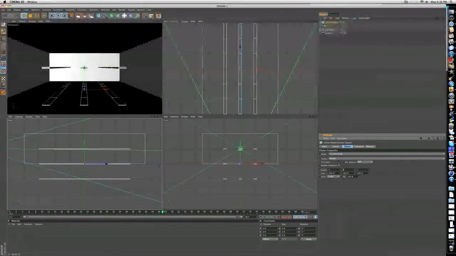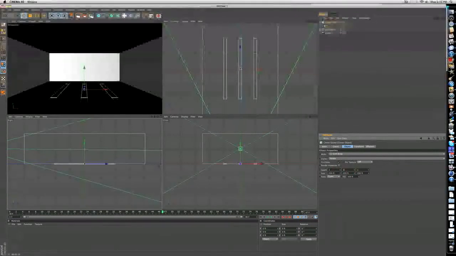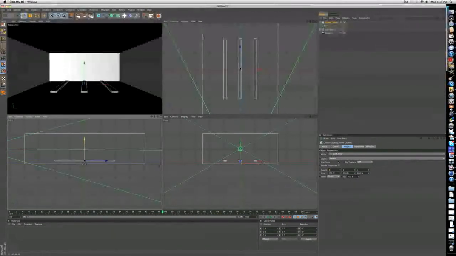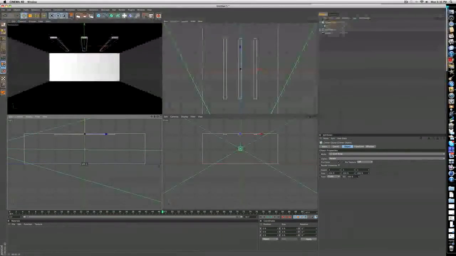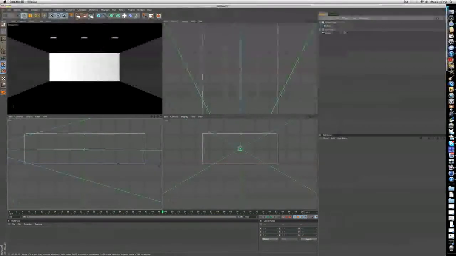And for the second count, put that to 1. And the third count, put that to 1 also. So now you just got 3 lights that are spread apart evenly. And if you're still in your 4 views or your quarter view, go to your right view or your front view and just move it, align it to the top. And now you got some things that look like lights, but if we render our image,